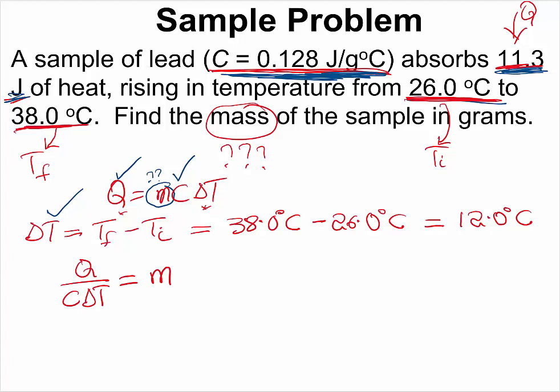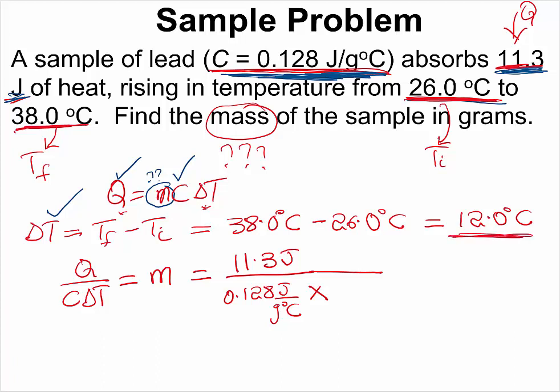And then we can plug in all the values. Q is given as 11.3 joules divided by the specific heat capacity C, which is given as 0.128 joules per gram per degree Celsius, and the change in temperature we have calculated as